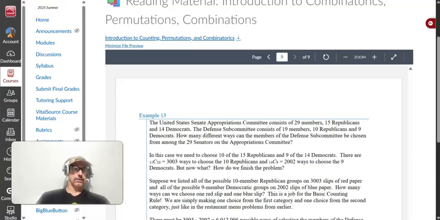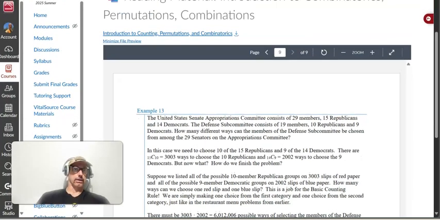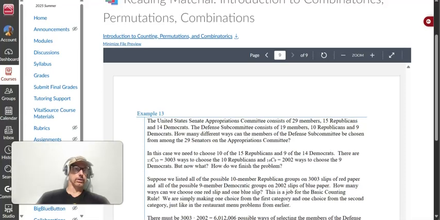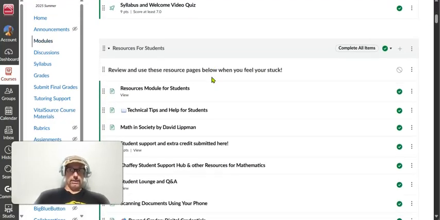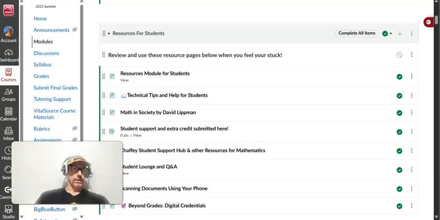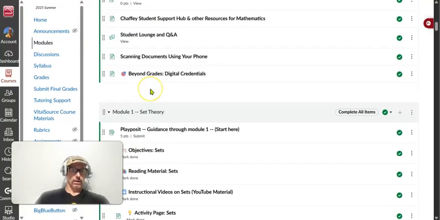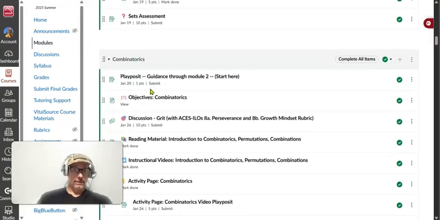Let me see if I got this thing in my way and I can't see what I'm doing here. I need to be able to use my page. Well, that didn't turn out good. Let's click back on modules then. Let me see if I can rearrange this a little better. There it is. Back down on